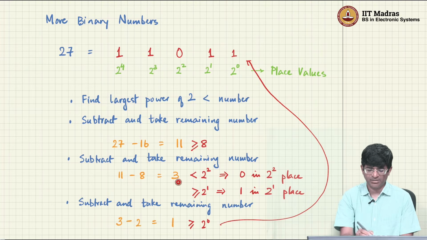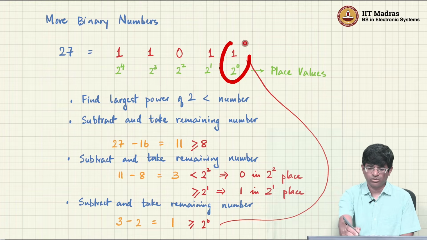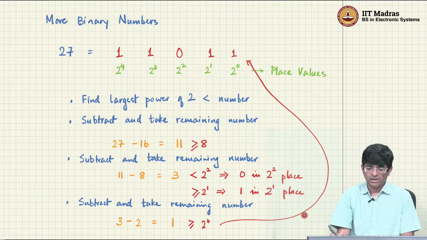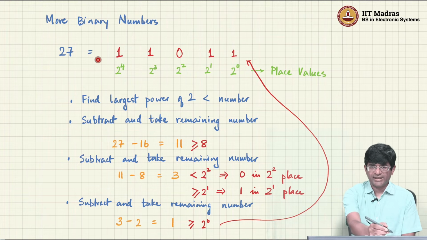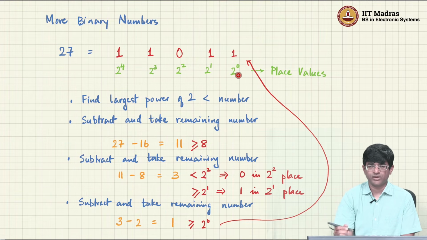And finally, subtract that out. 3 minus 2 power 1 is equal to 1. That is greater than or equal to, in fact it is equal to 2 power 0. So my 2 power 0 place also has a 1 in it. So the way that I can represent 27 is, I'll add up the corresponding values, the powers of 2,